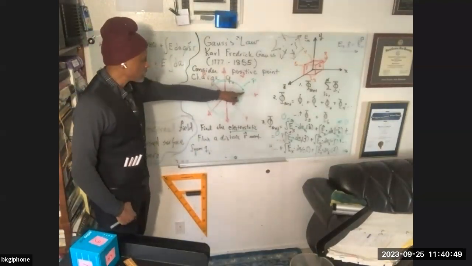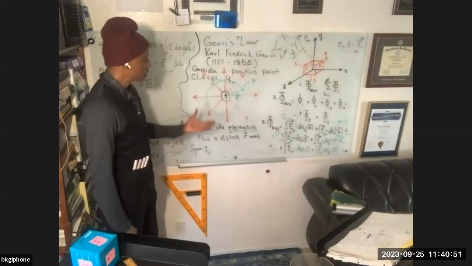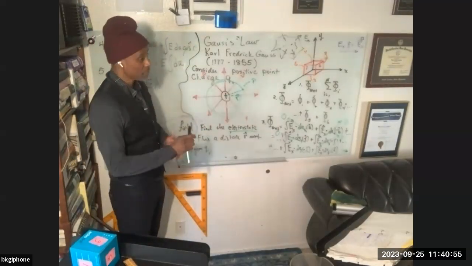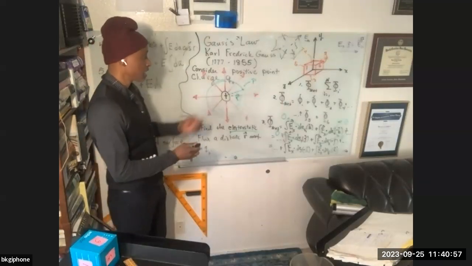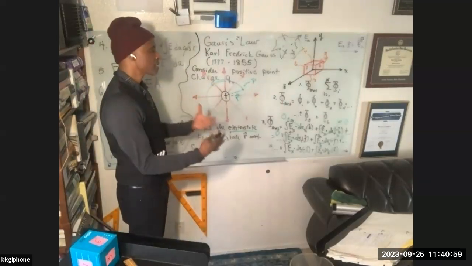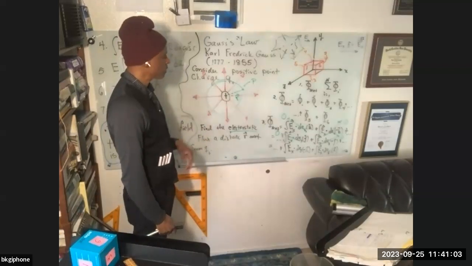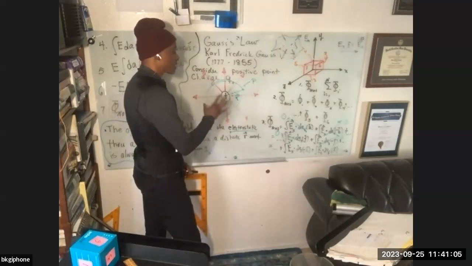Whatever the flux is, it's going to be the same flux because the field is uniform, not constant, but uniform is what we say, because it is changing its magnitude. But because the field pattern is symmetric and radial about the center, for this particular distribution,